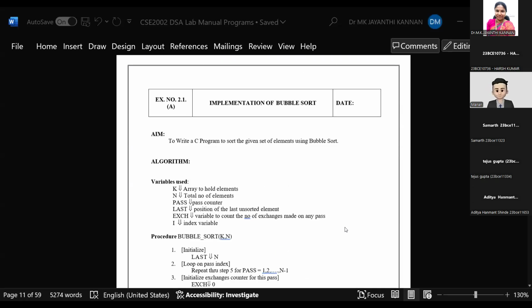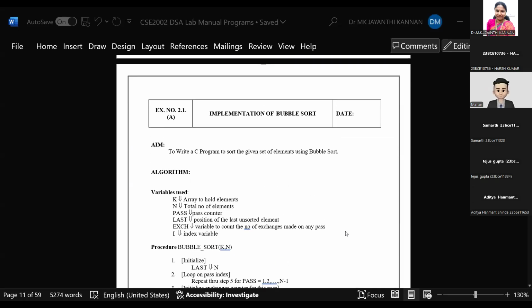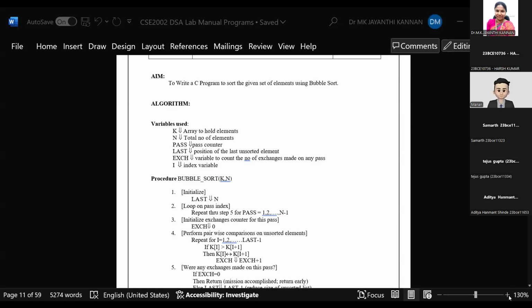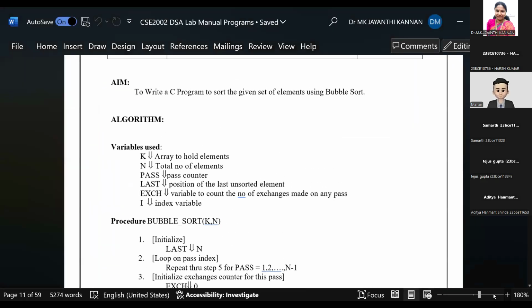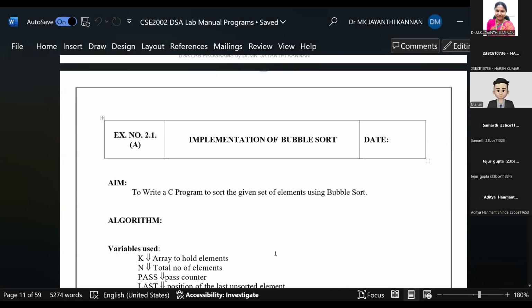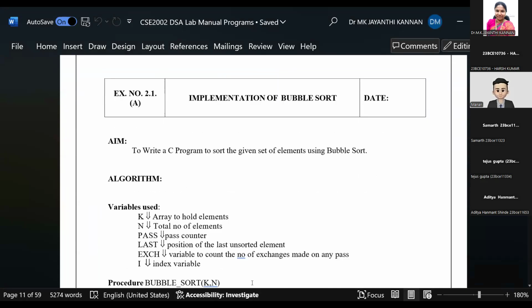So any doubts so far? Any doubt with respect to bubble sort? What we discussed? Bubble sort logic we discussed